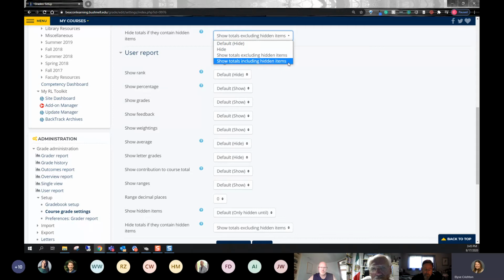So she needed to select show totals including hidden items on both of these fields. But again, 90% of the time, show totals excluding hidden items. That change will allow your students to see their course total as you progress, and it will still allow you to keep those activities in your course hidden.